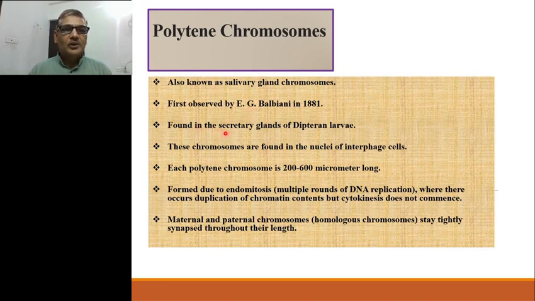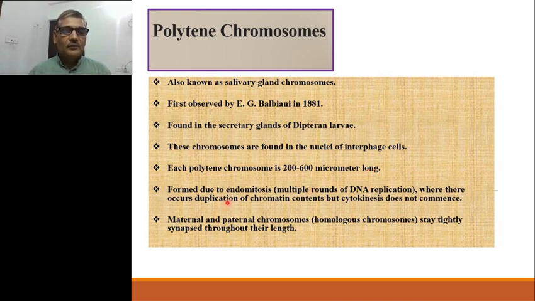Although these chromosomes can be prepared from several secretory glands like Malpighian tubules, midgut cells, adipocytes, certain cells of ovary, which are secretory in nature, the best preparation of Polytene chromosomes, of very good size, can be prepared only from the salivary glands. Now, these chromosomes are found in interphase cells, that is, in the nuclei of interphase cells. Each Polytene chromosome is 200 to 600 micrometer long,